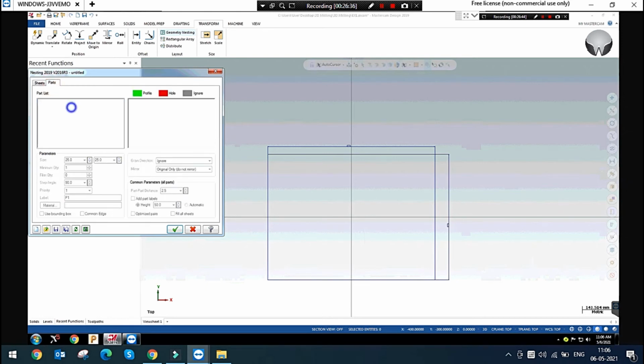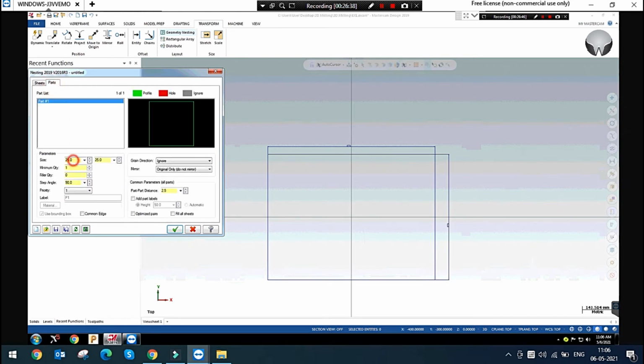I'm just adding the rectangle 150, 75. How many of your parts? 30 parts. From part to part is a 20 gap.